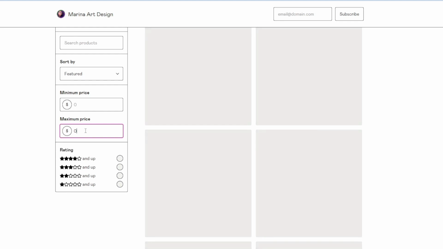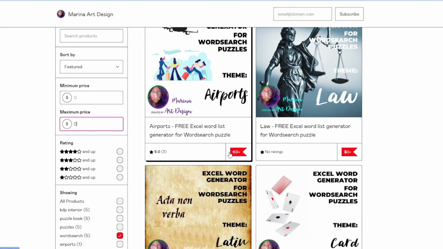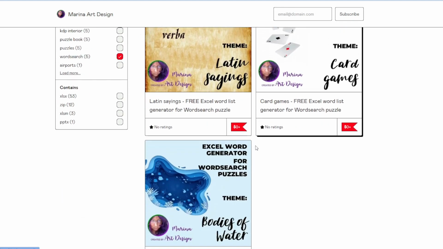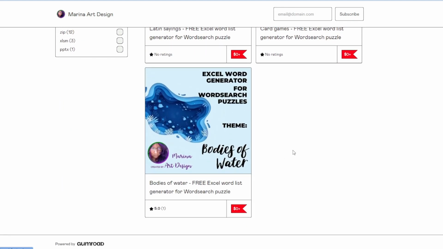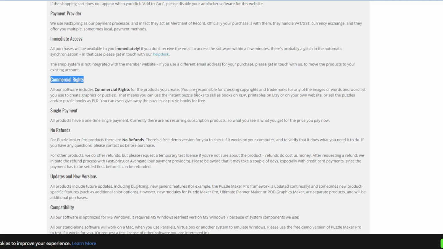But you don't have to pay, you don't have to do anything. You just do the research, collect a couple of hundred words. It should not be a long task. And once you have that, you can use it in this software or for any other reasons. Now let's continue reading. That means you can use the instant puzzle books that you create to sell as books on KDP, printables on Etsy, or on your own website, or sell the puzzles as